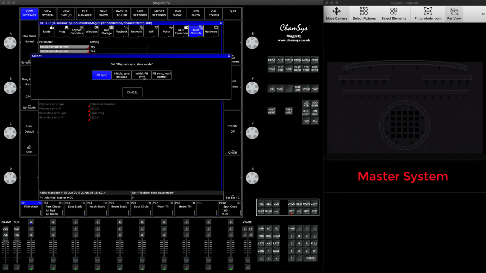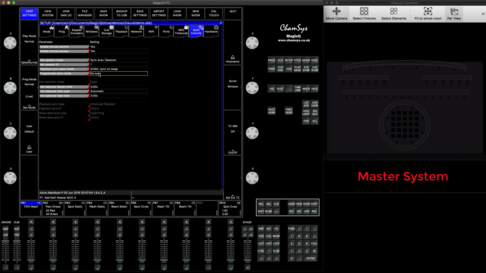So I would say, I think the best method is to keep it as inhibit, so that means you can run two pages separately, but at the same time it will sync on swap. That means if the main console dies or loses a connection or something happens to it, the slave console will take over and will work straight away as the main console was at the time of the crash. So we will choose inhibit sync on swap,